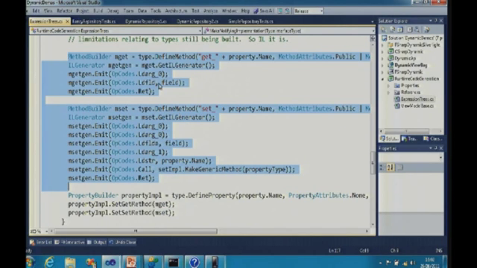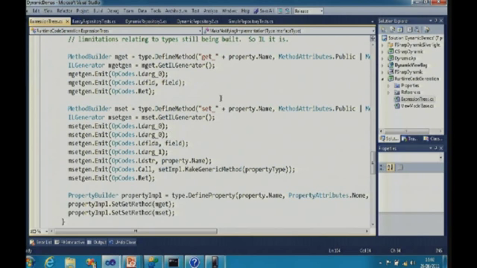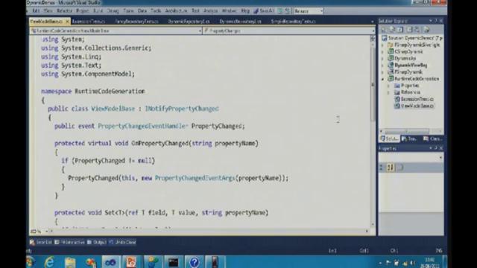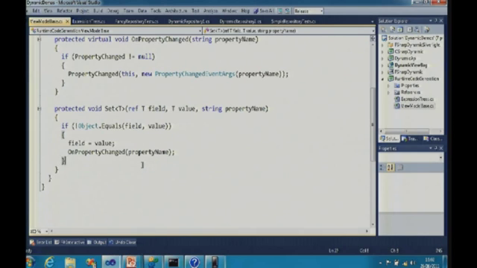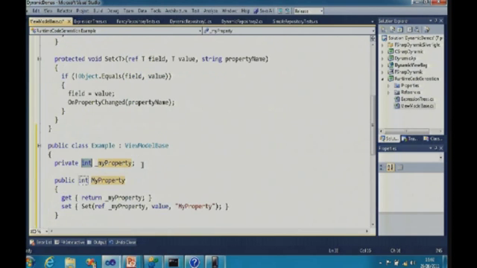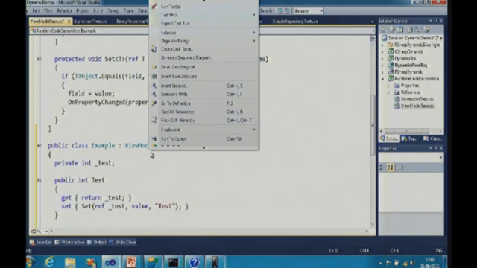But fortunately, this IL stuff doesn't need to be as scary as you might think it is. So the way that I always write these things, if I do have to write these things, is I steal the code. So I write something like public class example, and I basically implement a minimal version. I implement a sort of minimal example of the thing that I want to generate. Now, I compile that,